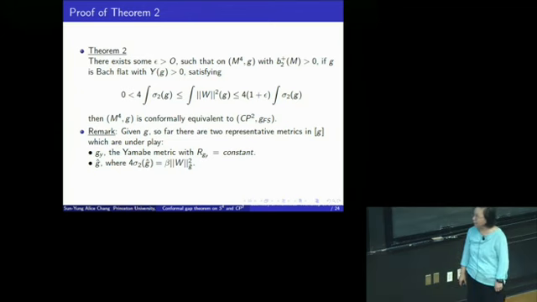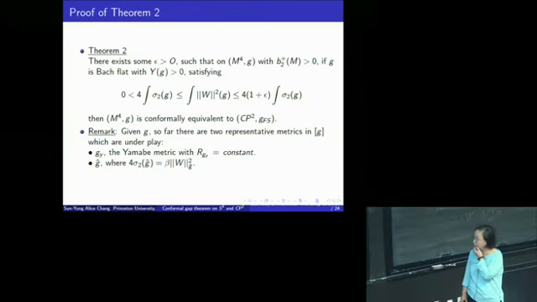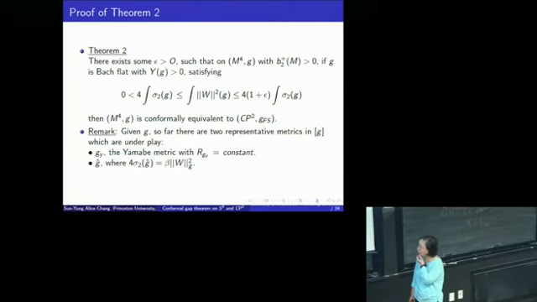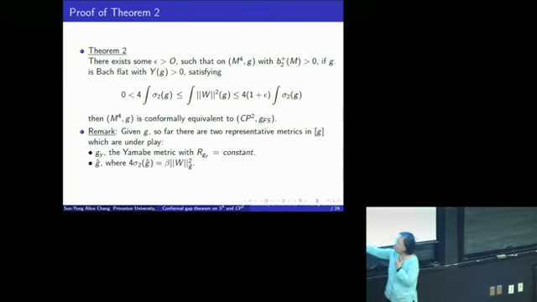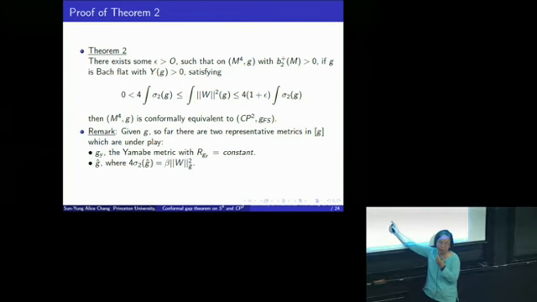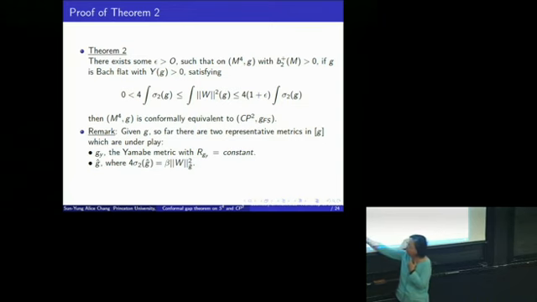So far we have used two representatives in the conformal class of the metric g, the two most frequently used ones. One is the Yamabe metric, which has the advantage that scalar curvature is constant, and in all PDE this is very easy to use. And then we have also used the sigma 2 metric, which has the advantage of giving some pointwise relation between Weyl and E and R, scalar and E.